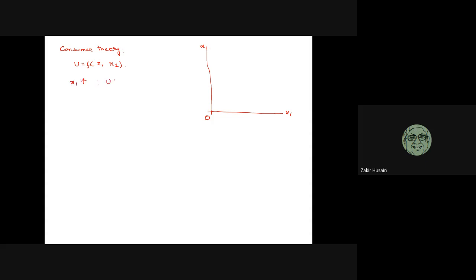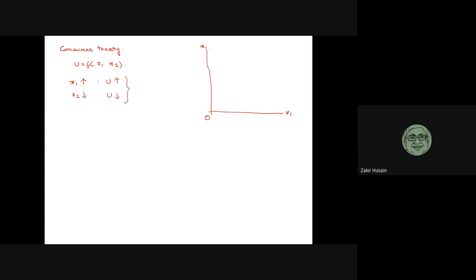What will happen to utility? Initially it will increase. It should increase. We are talking about normal commodities. And suppose we reduce x2. Then what will happen to utility? It's going to come down,